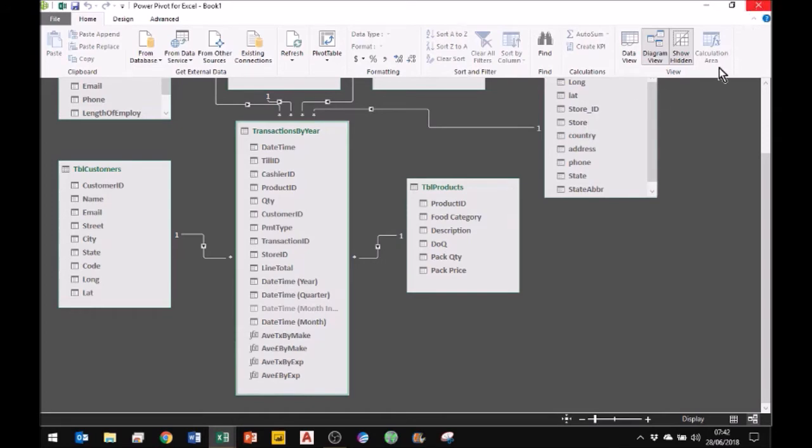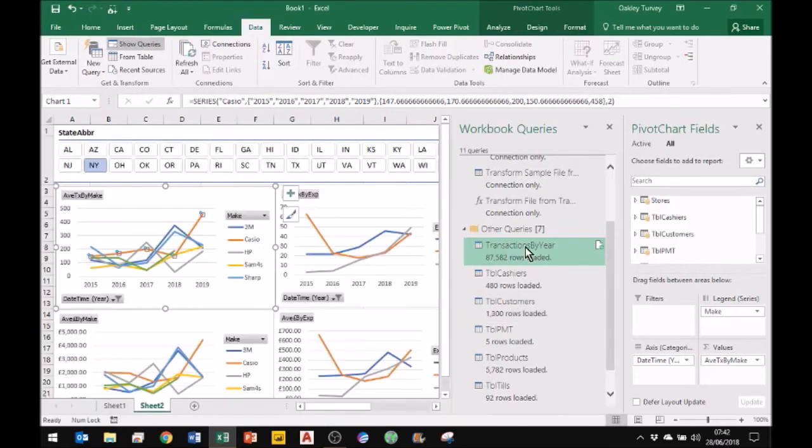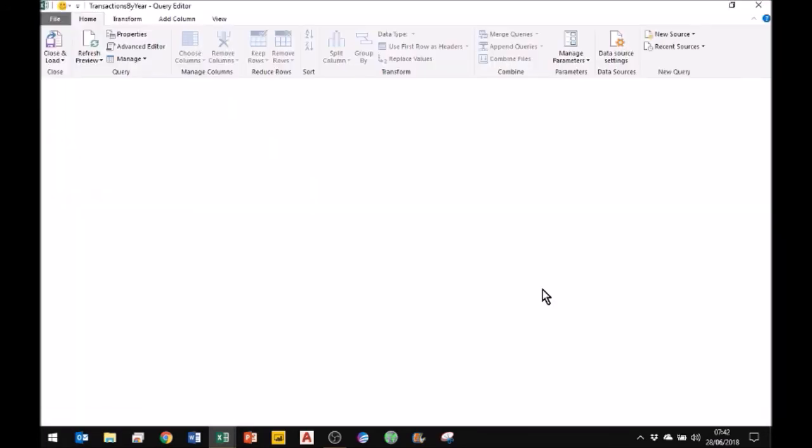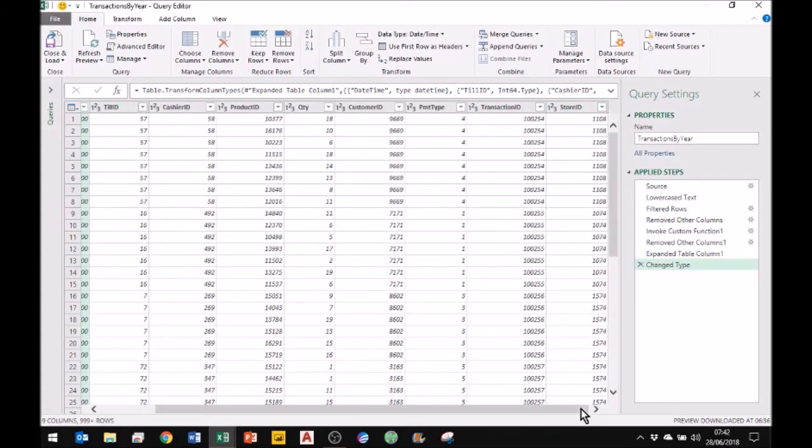Now we do this in the query editor. So again, I go to data, show my queries, and I'm just going to double click on my transactions by year. What I'm going to do here is add a column, which is the state, and it's the state again depending upon the customer ID, so it's the state from the customer file. But I'm not going to do it by creating a related column. I'm going to do it by merging two queries together. Now this is really just to show you how to use the merge queries feature. So if I click on here to say merge queries,